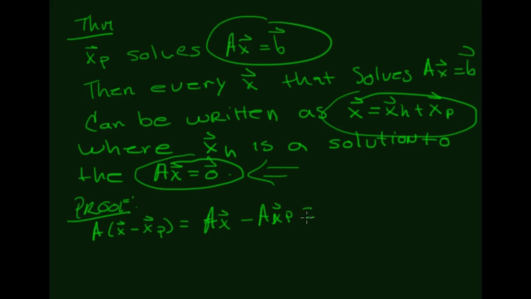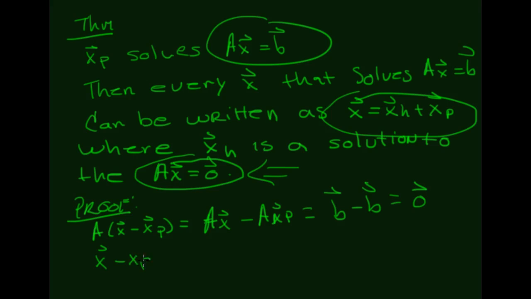Both the arbitrary solution and the particular solution solve the system, so they're both going to resolve to the b vector, which when you subtract, you get the 0 vector, which means that